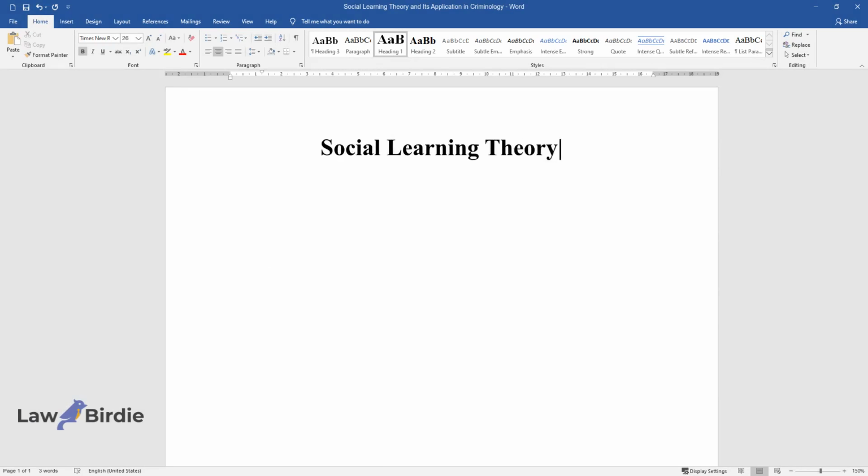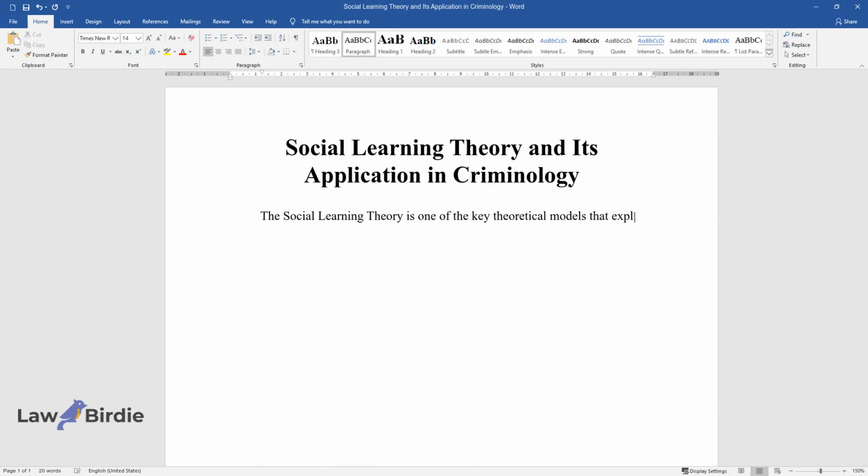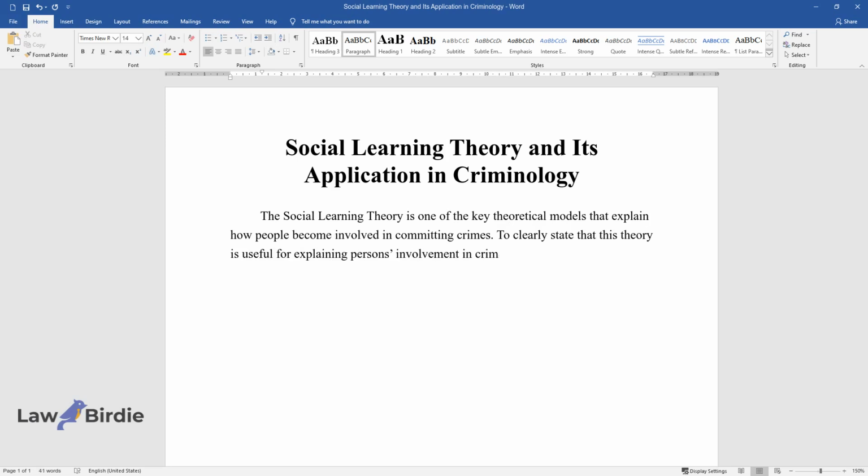Social learning theory and its application in criminology. The social learning theory is one of the key theoretical models that explain how people become involved in committing crimes. To clearly state that this theory is useful for explaining persons' involvement in crimes, it is necessary to refer to